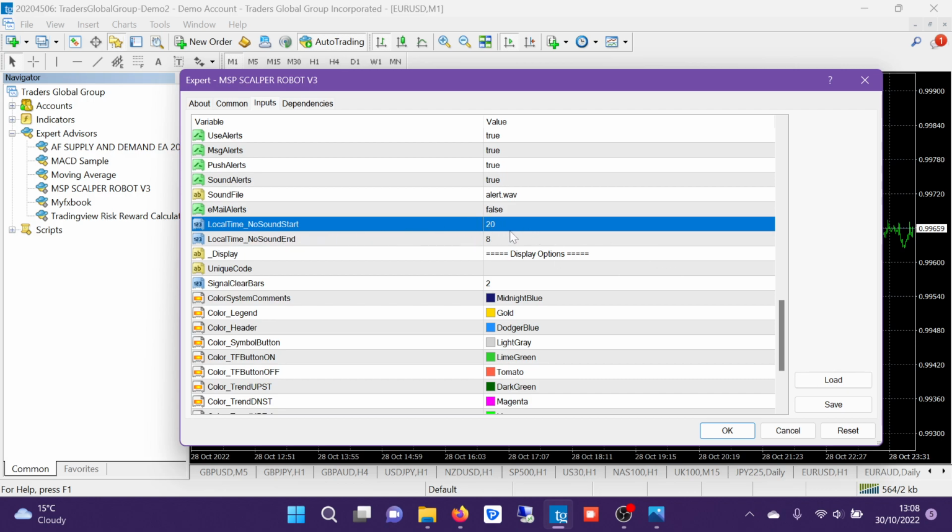No sounds will be alerted on your platform from 8 o'clock at night. The last thing you want to be hearing on the M1 time frame is doo-doo-doo, lots of sounds from your platform. That's the last thing you want. So from around 8 p.m., I've shut off all the sounds from my PC, and it's quietened down